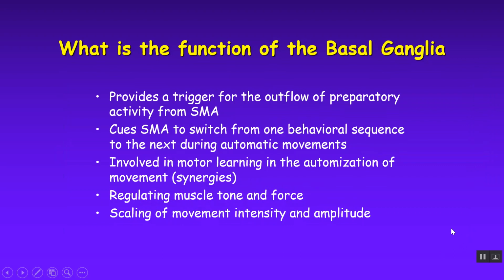Functions. So the basal ganglia, big picture, here's what it does. It provides a trigger for the outflow of preparatory movement from the supplementary motor area. So when you go to move, most voluntary movements, so we're talking primarily voluntary movement here, you're choosing to do it,